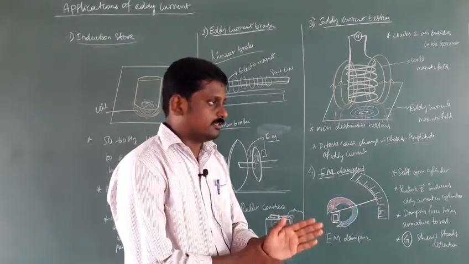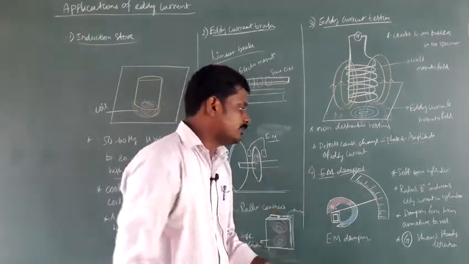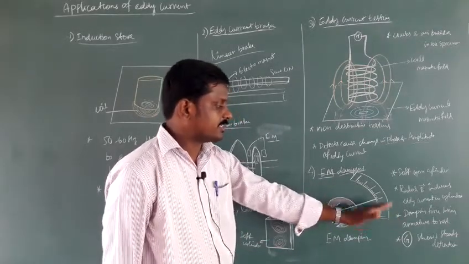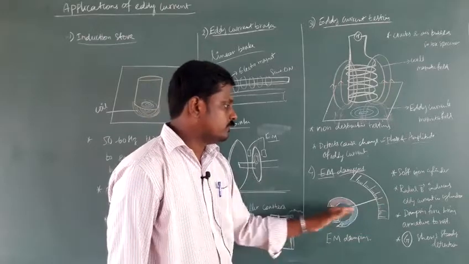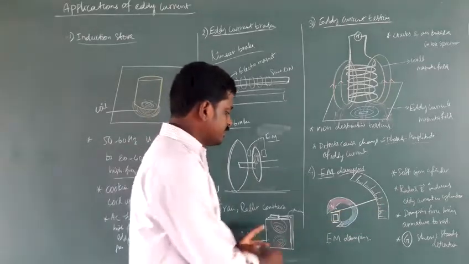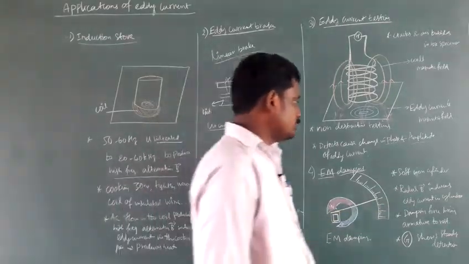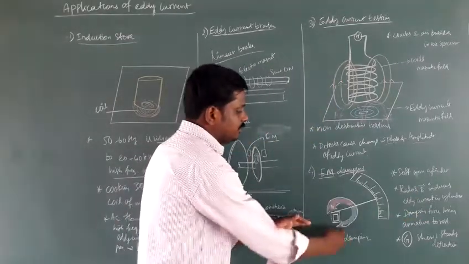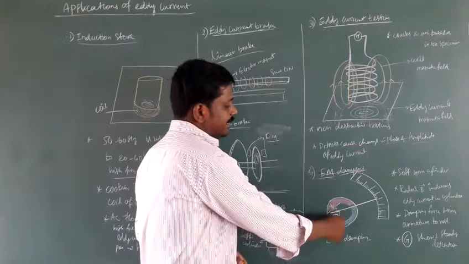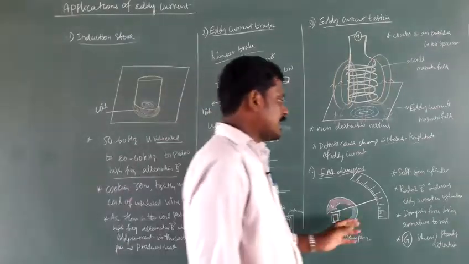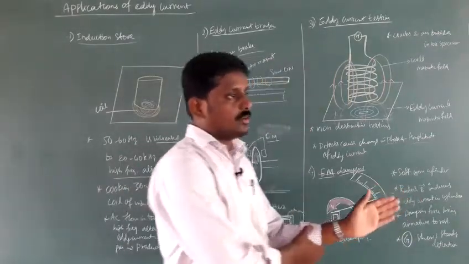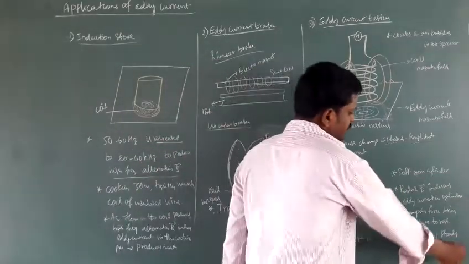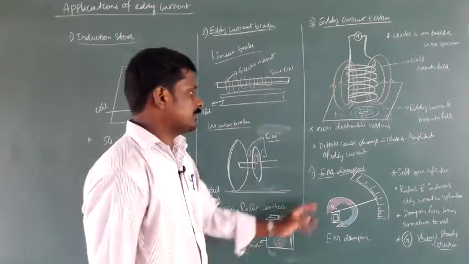If you are watching the galvanometer, the deflection goes in this direction, so there is a deflection to and fro. To make it steady, they use a soft iron cylinder. The armature is placed in a radial magnetic field, the normal magnetic field, so the eddy current is easily produced. That damping force brings the armature back to rest. So the galvanometer shows a steady deflection. This is called electromagnetic damping.